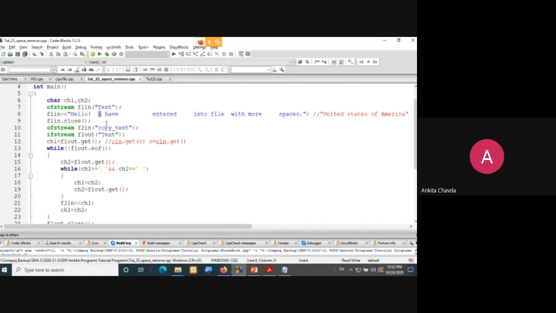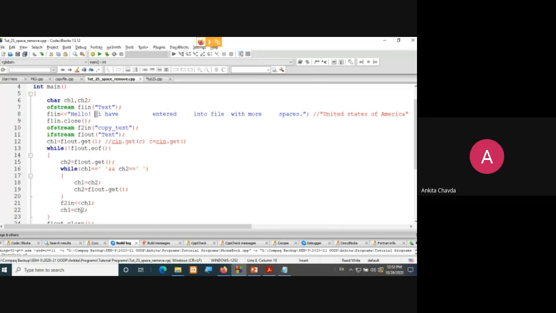So I'll read I over here, right? Now again it will check that character 1 is space. So here, yes, character 1 is space, but character 2 is not a space, it is a normal content, right? So at that time it won't go inside the loop, and what it will do is ch1 will be entered into f2, means one space is there now, because I'm writing ch1. So this space before I will be inserted over here into another file, right?